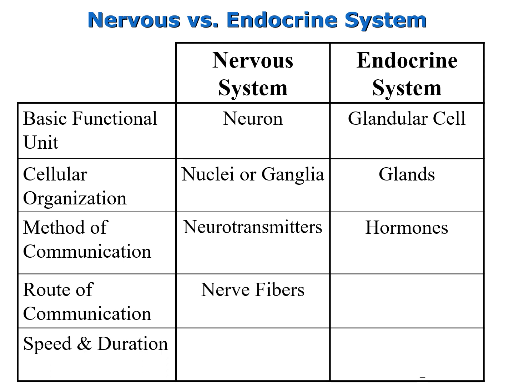Route of communication. So action potentials moved through nerve fibers to the axon terminals in the synapses. In the endocrine system, hormones are secreted into blood vessels, and then the blood takes the hormones to the target cells throughout the body. The nervous system, when we look at speed and duration, the nervous system is the fast-acting